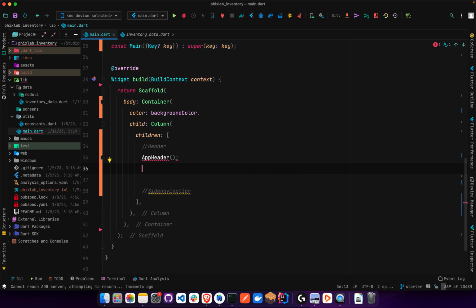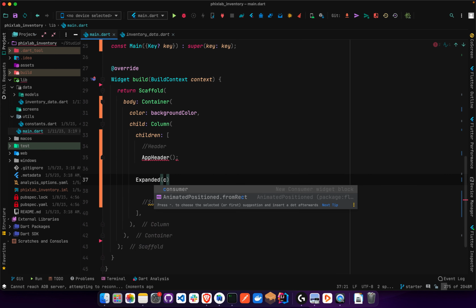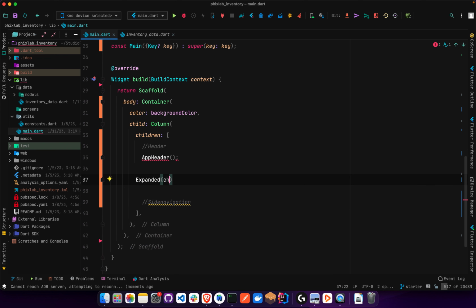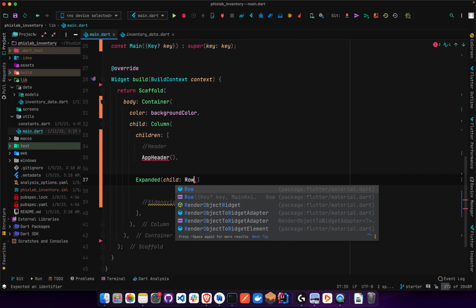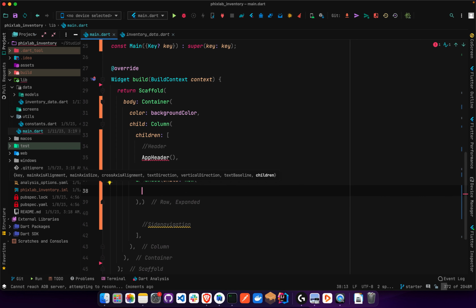Then we need to pull up expanded. Expanded is going to have a child. Sorry, let's have a child. This is comma here. And there's child. So the child is going to be a row, right? The reason is because we need to lay out these items from left to right. Agree with me? So let's put here